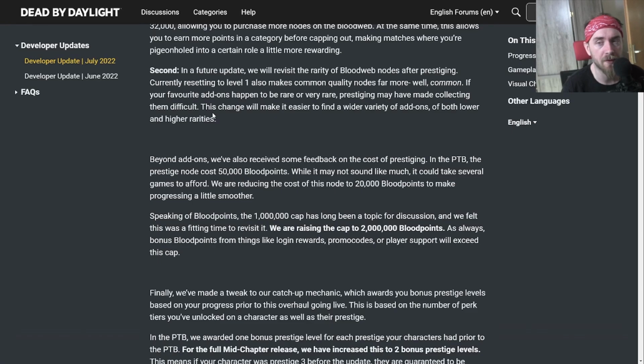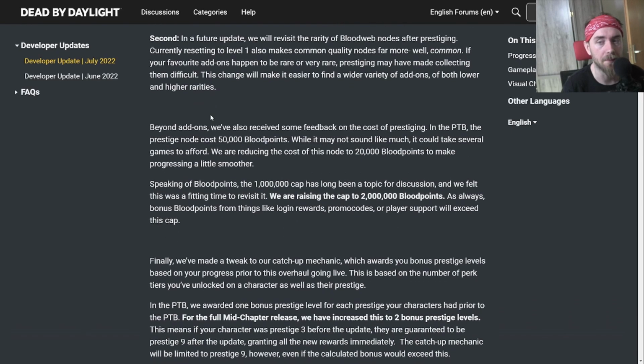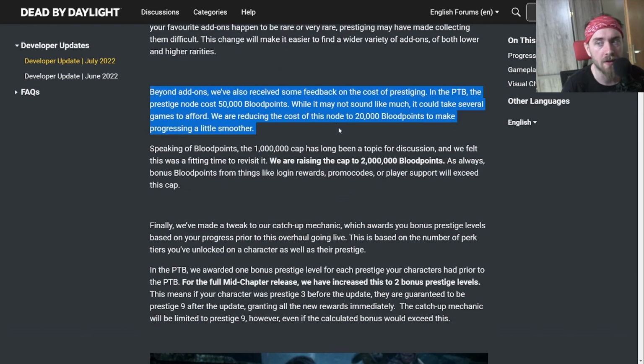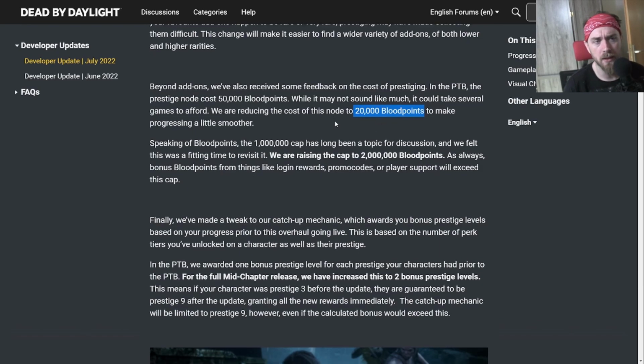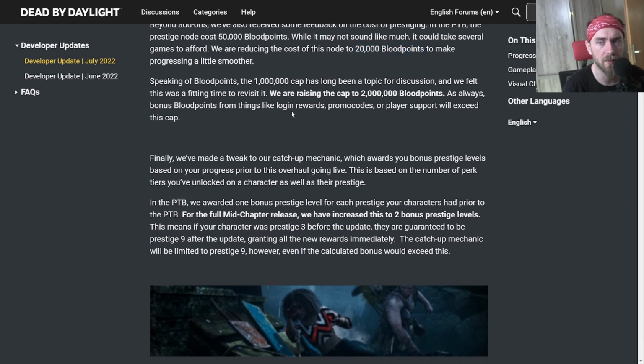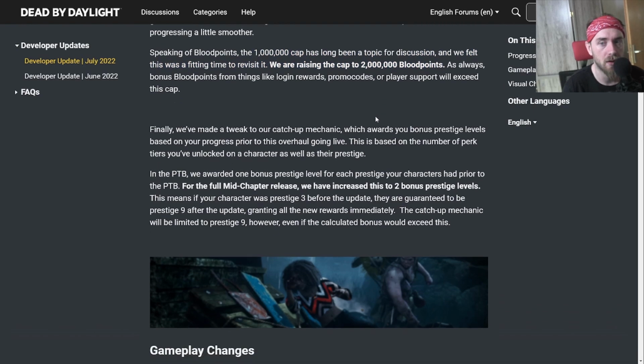So these forced prestiges are something they want to keep, however. They reduced the cost of prestiging to 20,000 blood points, which is definitely also a good thing, arguably. I don't see why we need this cost overall, since it's not optional. In general, I think optional prestige is the way to go, not forced prestige. That's kind of horrible. And they do raise the blood point cap to 2 million blood points, which is also